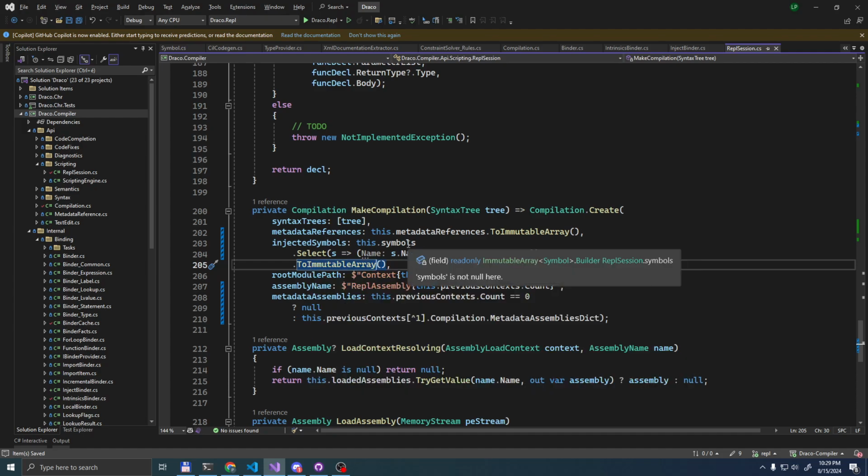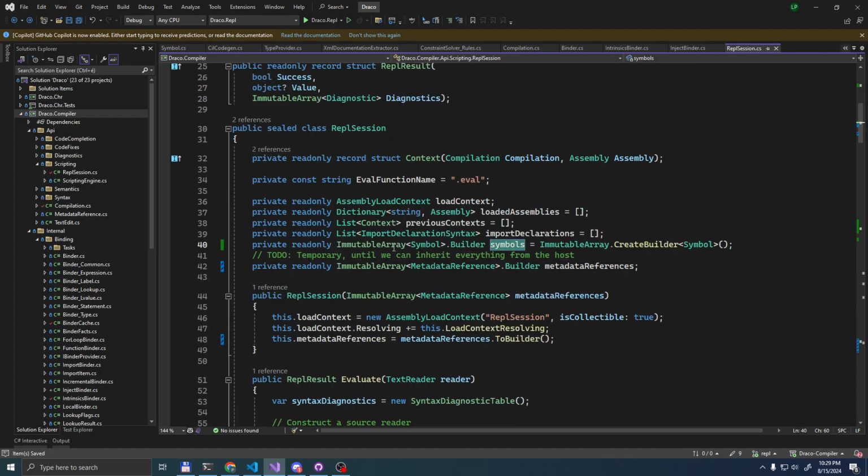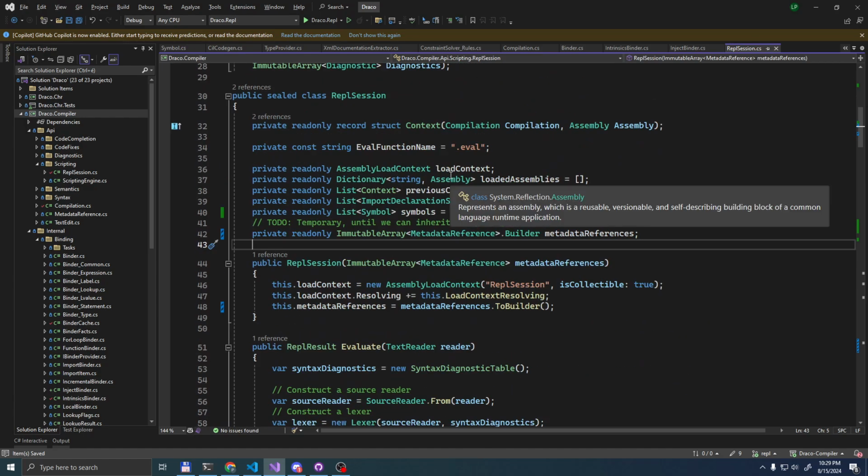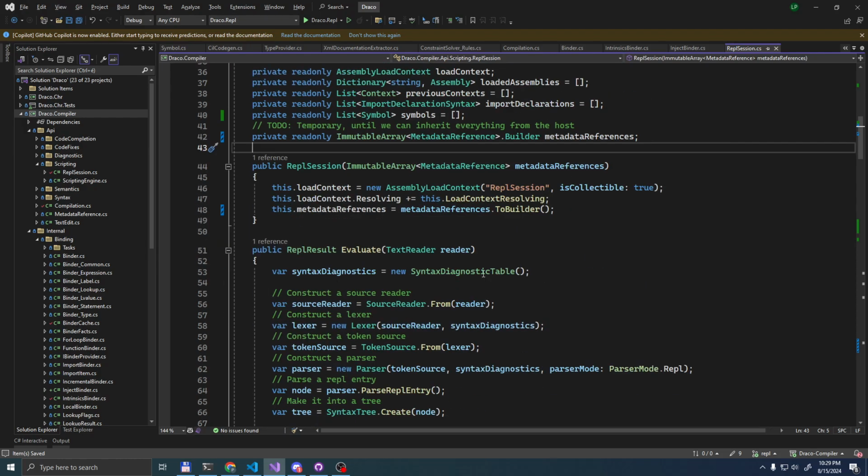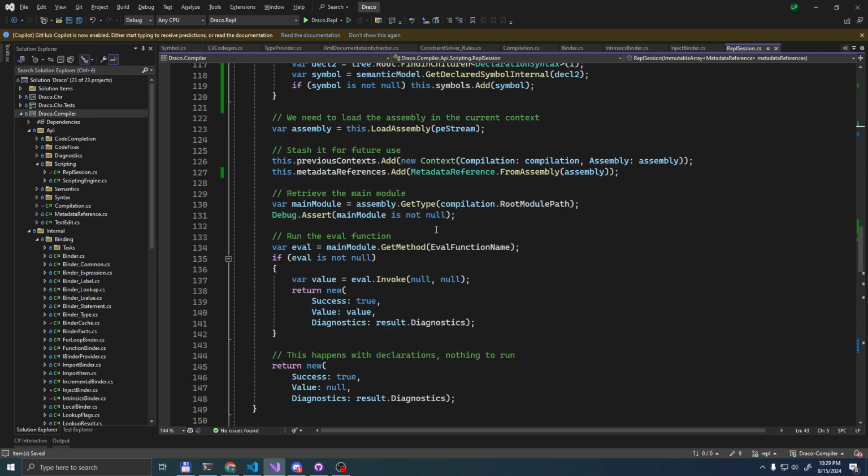Oh, and this was a builder previously, and we totally do not use it as a builder object anymore, so let's change it to a list. I'm not sure if an immutable array builder or a list is more efficient. I suppose nothing can be much more efficient than a list. So we'll default to that for now.